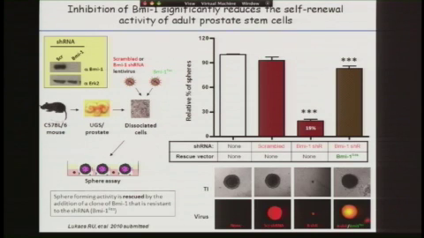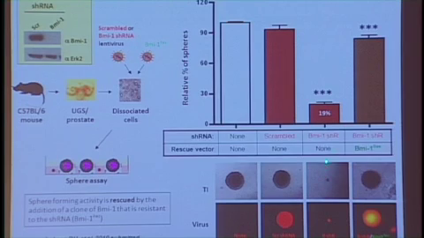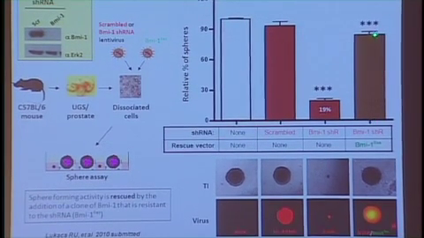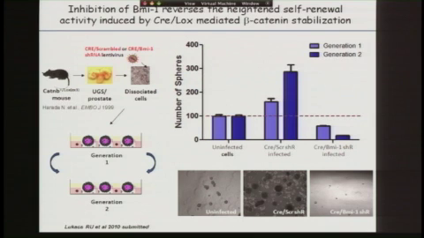a knockdown strategy with a very good shRNA, again, isolated cells, placed into this prostosphere assay. And the take-home message is that if you inhibit BMI1, you get a very dramatic reduction in the number and the size of the spheres. If you use a form of BMI1 that can't be knocked down by the shRNA, you can reverse it. But maybe more interesting is to ask whether or not this pathway, which is known to occur in many tissues, had any particular dominance or predominance in the self-renewal.